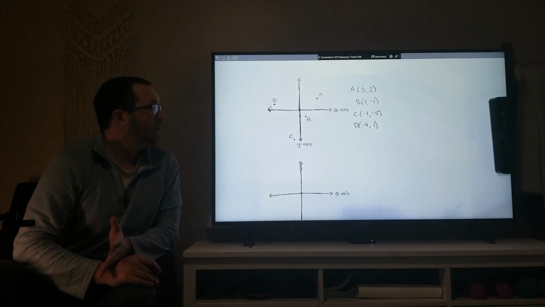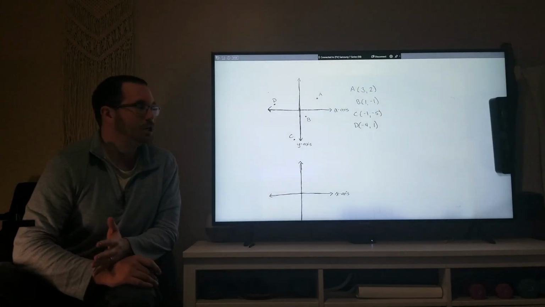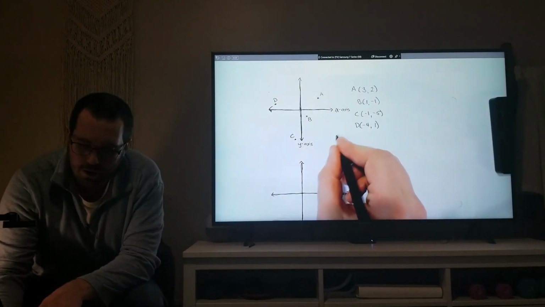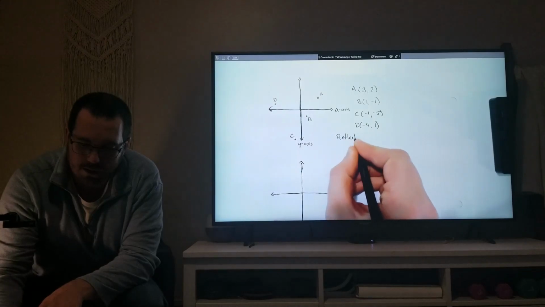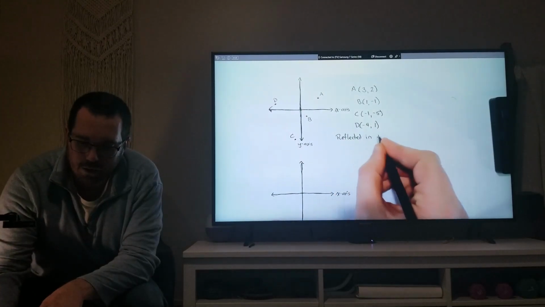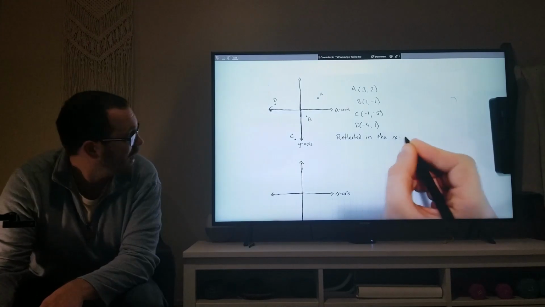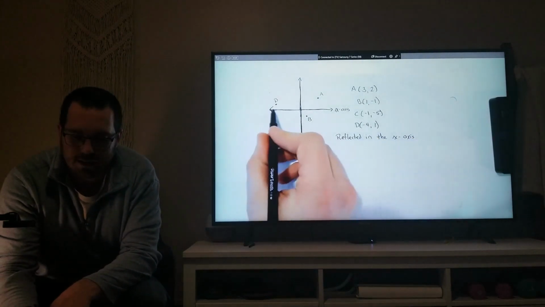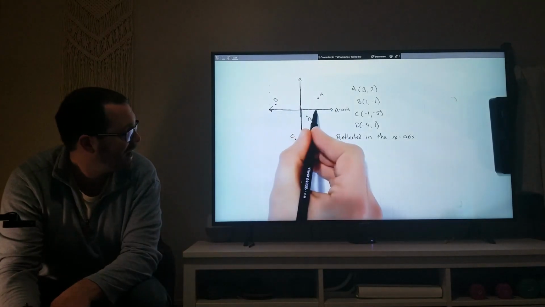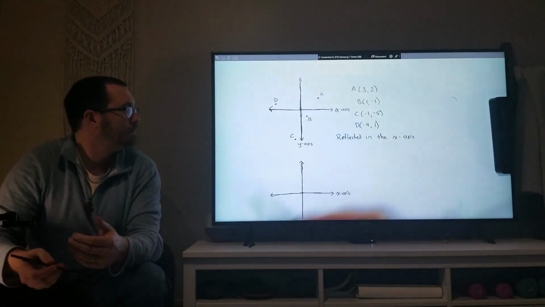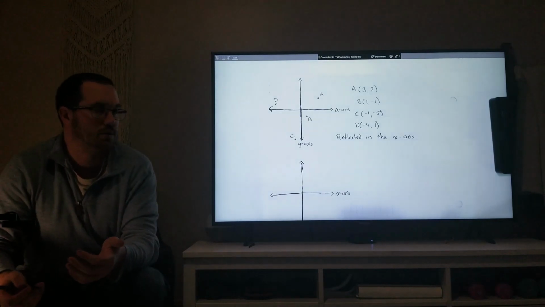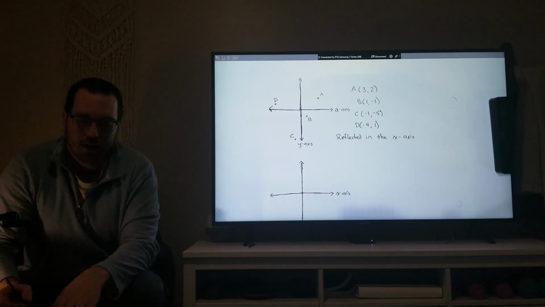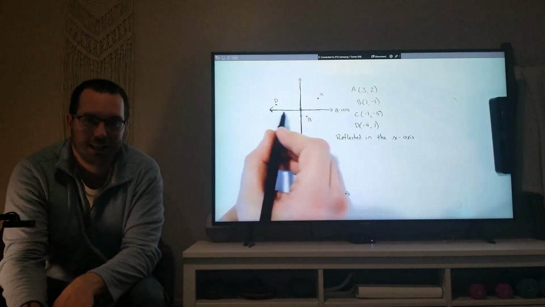But for now, we are going to say that these points are going to be reflected in the x-axis. What that means is that this line here, this x-axis, is acting as the mirror or the reflection line for each of those points. Now, in order to reflect a point in that line, we're going to go perpendicular to